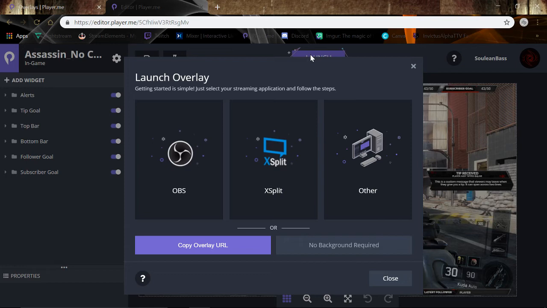That way any alerts that you use or that you choose to use on your scene will actually count towards that particular platform. If you're streaming on multiple platforms, make sure that you create a brand new scene and allocate it to that particular platform. That way your alerts don't actually stack up on each one. So for example, if you're streaming on Twitch and YouTube and you get new followers, if you end up choosing the same scene for both of them, that follower count will stack on both